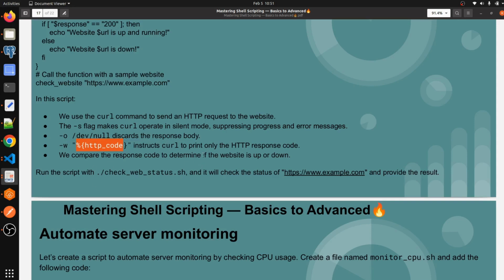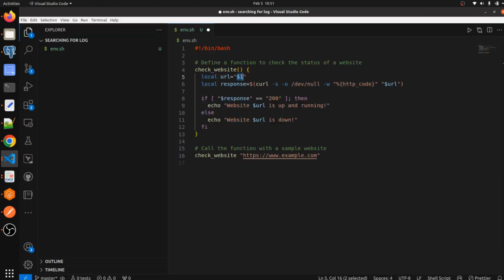If the HTTP status is 200, then our website is available, and if the HTTP status is anything other than 200, like 503 or 401, then our website is not available. As you can see here, we are writing our condition using if else.